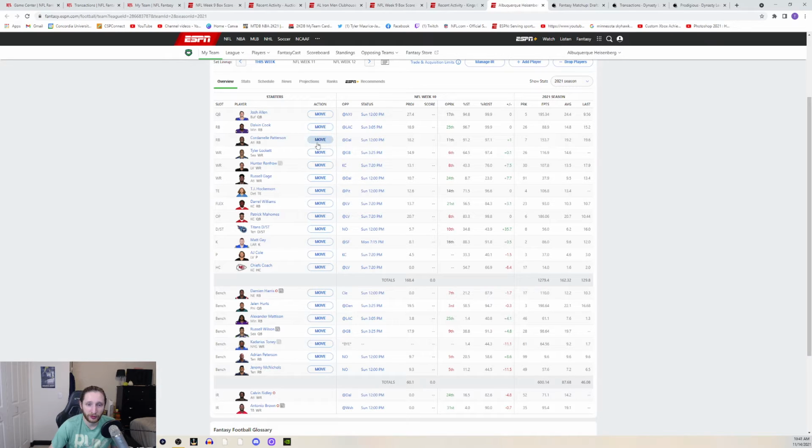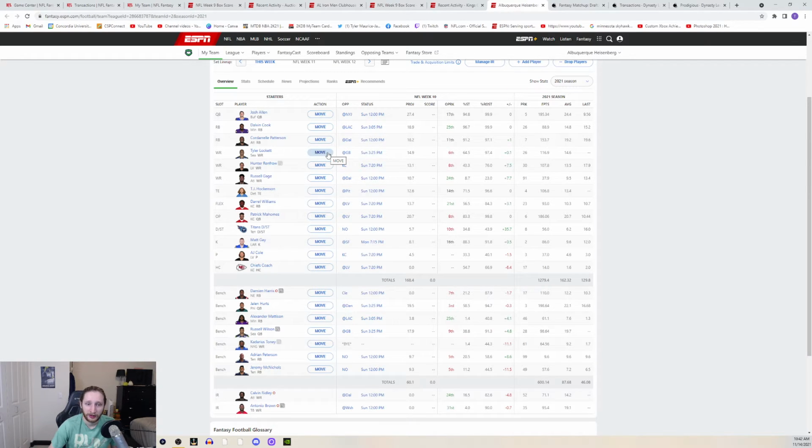At running back, Cordero Patterson, I love each and every week. So much consistency each week, but also offers a ton of upside. And this could be a high-scoring game against Dallas, so I love Patterson. Dalvin Cook is also a lock against the Chargers. And then at flex, I'm starting Darrel Williams, running back for the Chiefs against the Raiders, because Clyde Edwards-Helaire, it's looking like he's not going to play yet, so he should still be the starter. And then at wide receiver, we're without Calvin Ridley and Antonio Brown. And also in terms of flexing someone, Damian Harris is out this week. So we got the running backs in flex, so we got to move on to wide receiver.